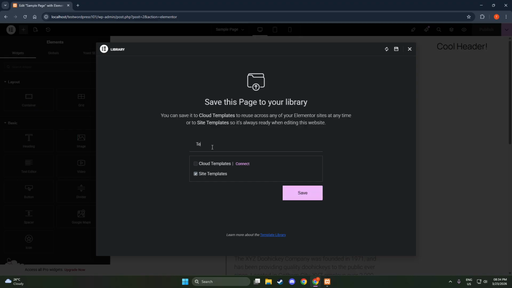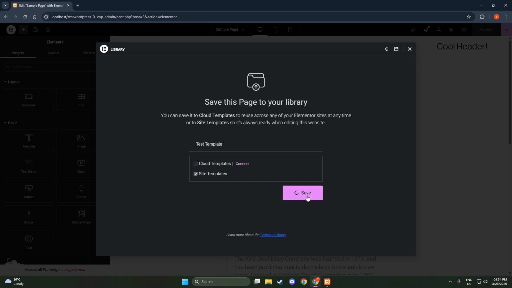A dialog will appear asking you to enter a template name. Type a descriptive, memorable name that makes sense at a glance. For example, include the page purpose, style, or version, something like Services page, clean layout, or Landing, Webinar, V2. Clear names make it easy to recognize the right template later, especially if you build a library of variations.